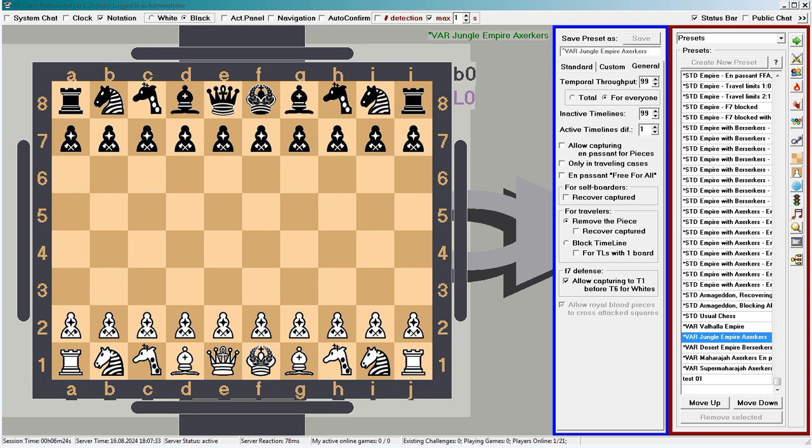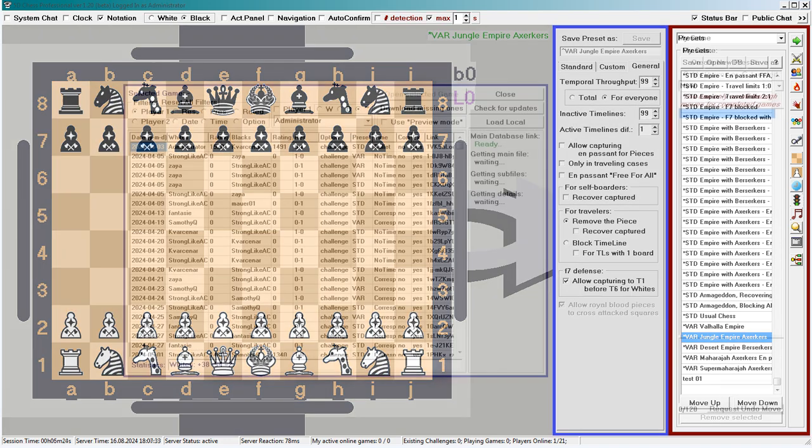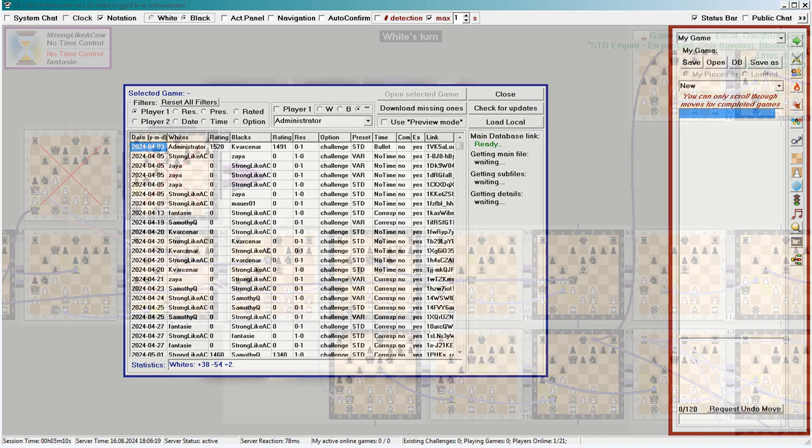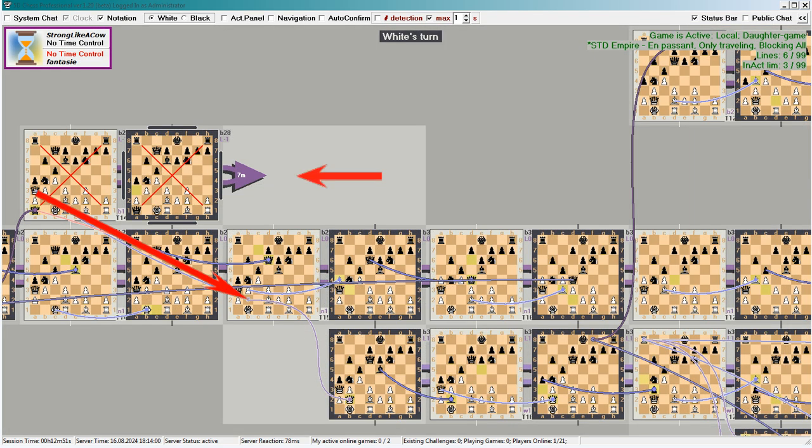In the previous two videos we got acquainted with the 5D Chess Pro app and learned how to use its played games database. In this video we will reinforce what we've learned by loading and analyzing one of my games, where we'll see how en passant with blocking universe works and what consequences it can have for the further progression of the game. Let's get started.